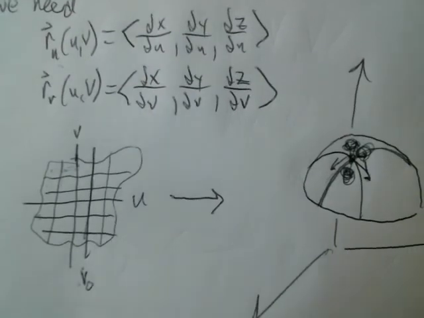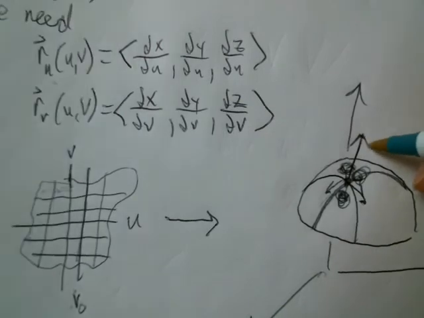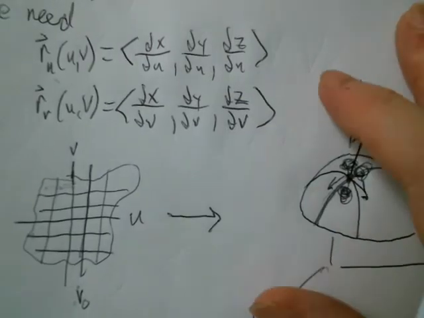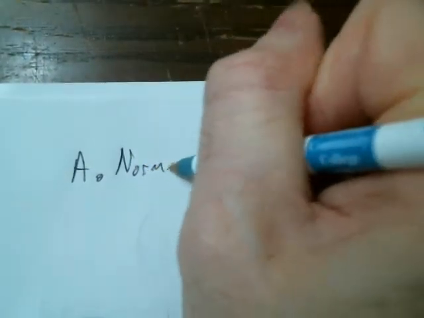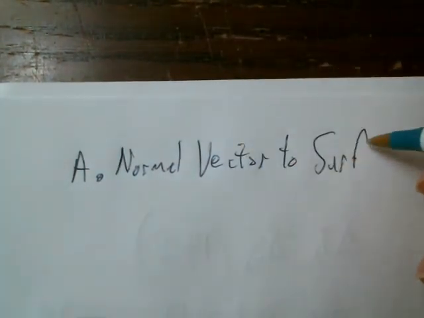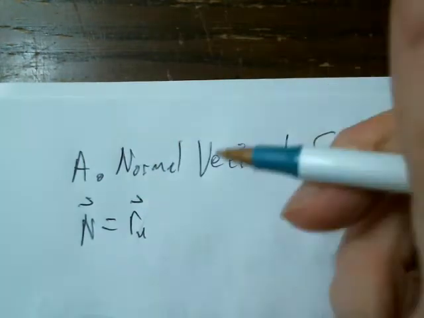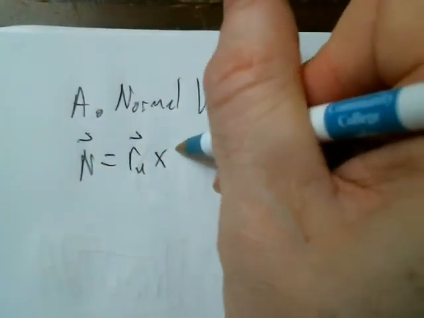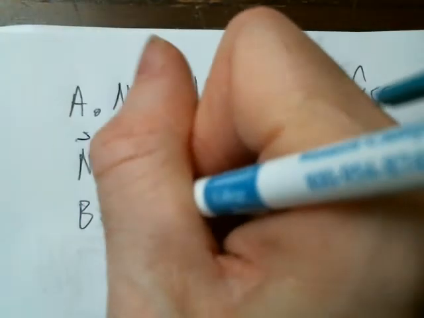Okay. And then if we take the cross product of those two vectors, what we're going to get is a normal vector, which should be perpendicular to the surface. So it should be the normal vector we need for the tangent plane. Right. So that's our first stop here, the normal vector to the surface. We'll just take the cross product of the partial derivative in the direction of u with the partial derivative in the direction of v. Okay. And then to get the tangent plane,